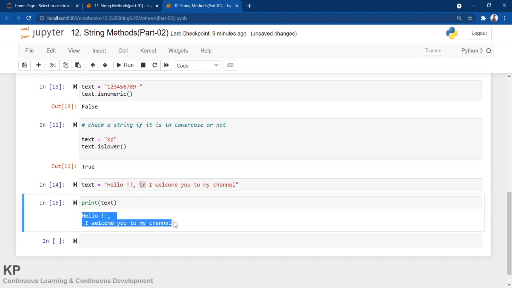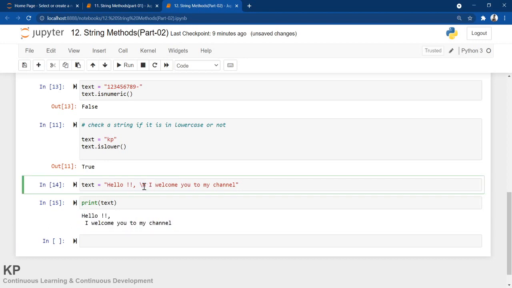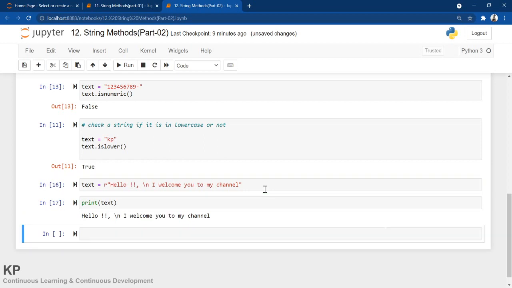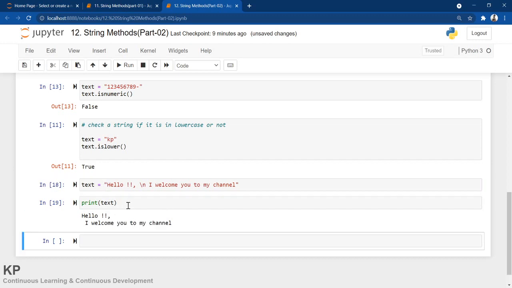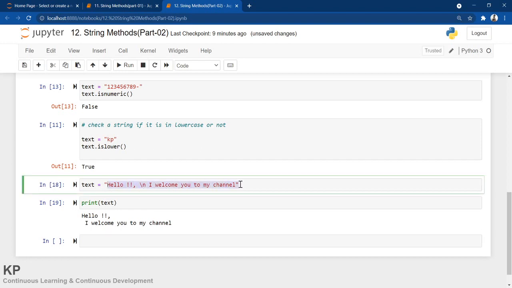No, you cannot see it anywhere. This is not printable. So how to make it printable? I had already told you, you can just put an r, then you can see it is in a single line and it is printing slash n. So just forget about this r and go with the normal way. So it is normally not printable. So this string contains something which is not printable.